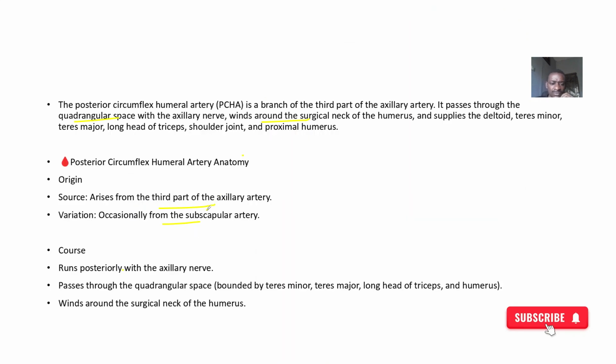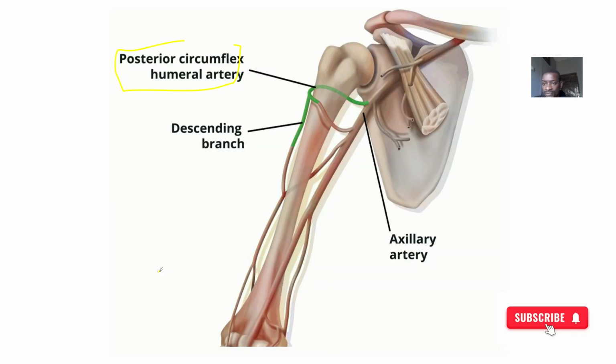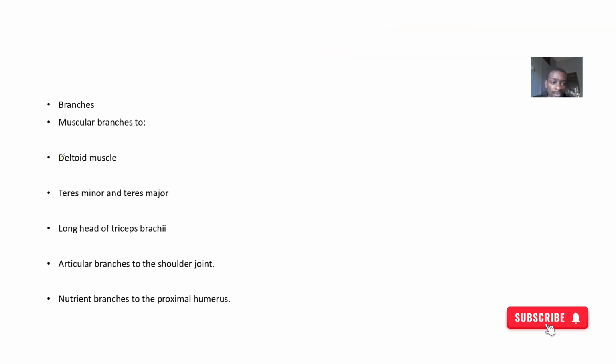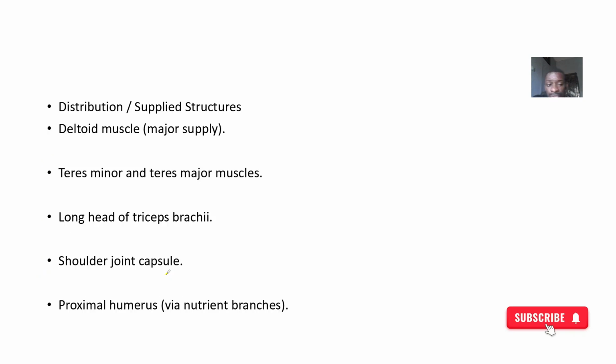So what next? It runs posteriorly with the axillary nerve, passes through the quadrangular space, winds around the neck of the humerus. So it gives branches that actually supply muscles like the deltoid muscle, the teres minor muscle, the teres major muscle, the long head of the triceps brachii, then also articular branches that will keep supplying the joints. So its distribution supplies the deltoid muscle, the teres minor, the teres major, long head of the triceps brachii, shoulder